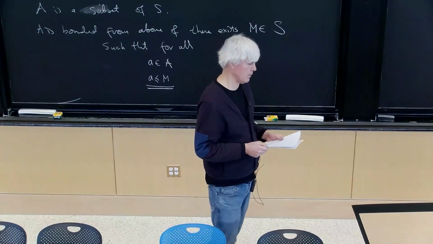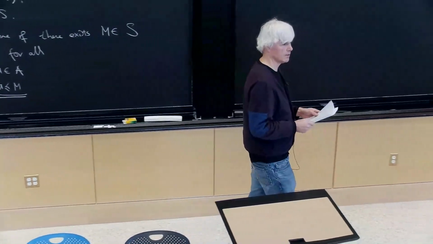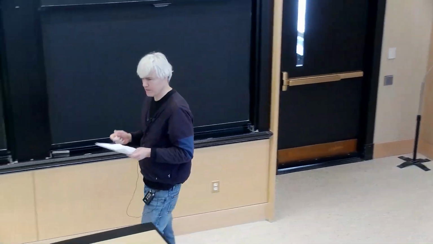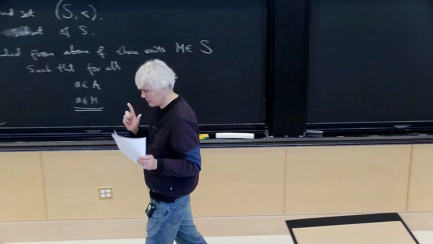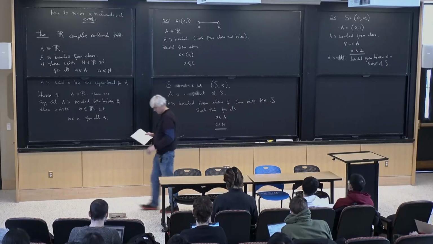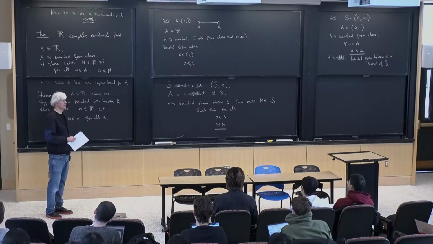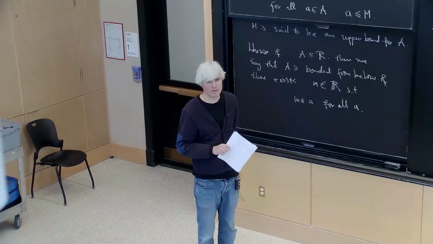If it's not directly stated that there's a set S, and that it has to be a subset of that set, then it would be assumed that it's R. Yeah, of course, you're welcome to ask on Piazza. I don't have the homework here, but I would say you're safe: if it's not stated directly what the larger set is, then you can assume it's R,